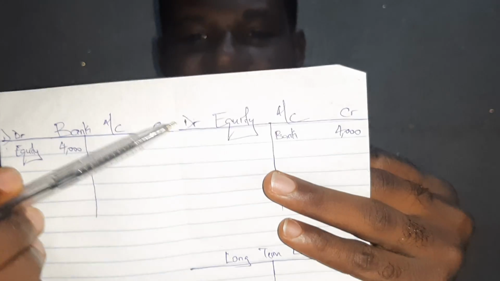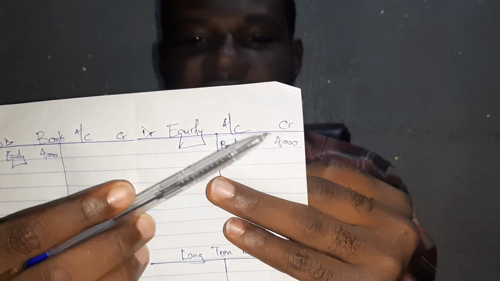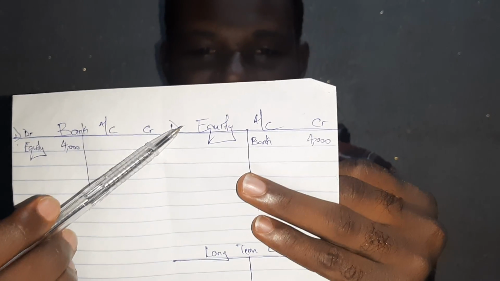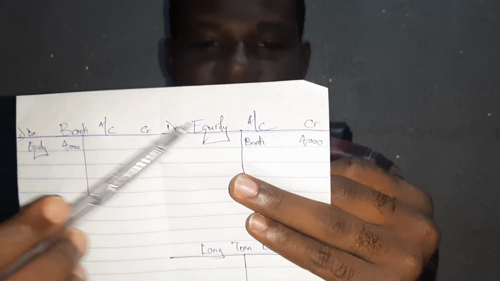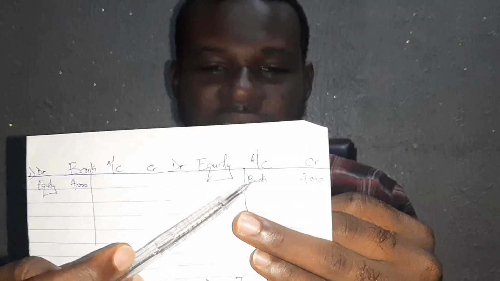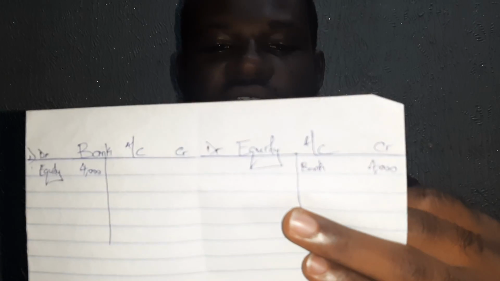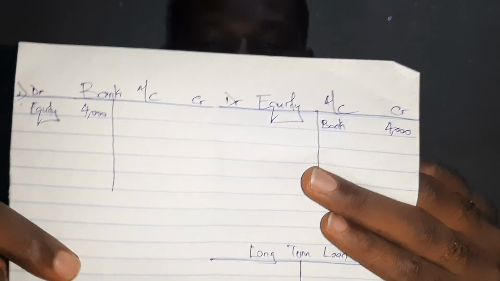This is my credit side, and this is my debit side, and this is my credit side. So I'm going to credit equity account with bank of 4,000 naira. That's just how you solve that transaction: debit the receiver and credit the giver. Now moving swiftly on. Number two is if company takes a loan from a bank